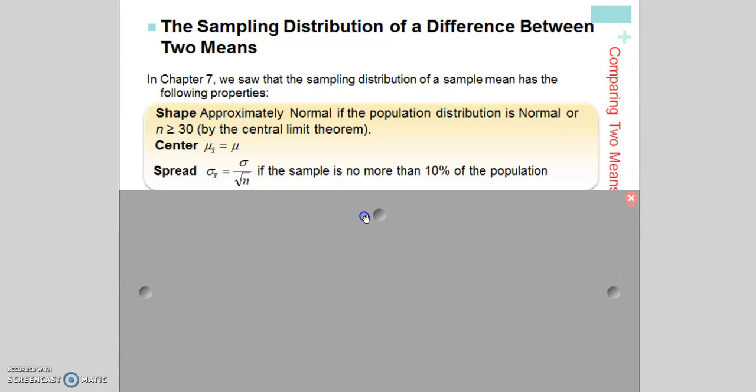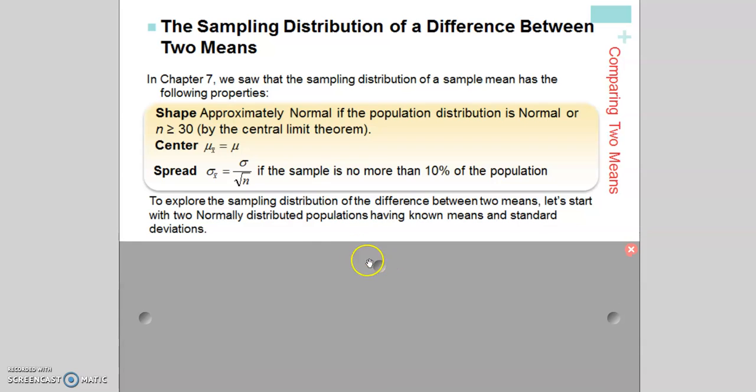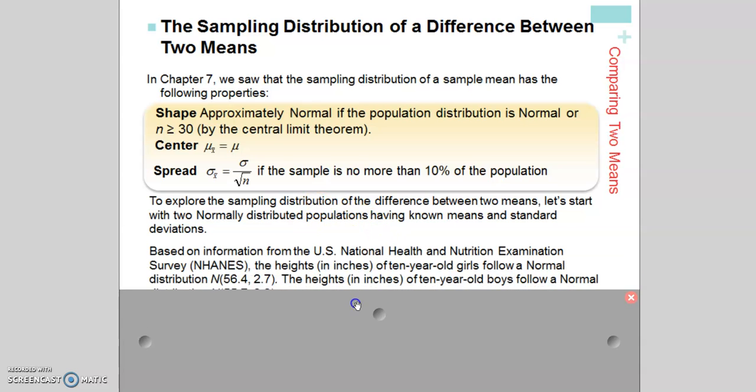Here's what we know about the sampling distribution of a mean. Its shape is approximately normal if n is greater than or equal to 30. It's centered at the true mean. And the formula for the standard deviation is sigma divided by the square root of n, again, if that 10% condition is true. So to explore the sampling distribution of the difference,